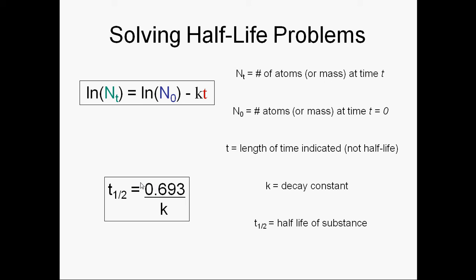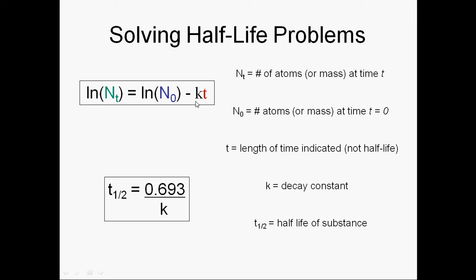And we'll explain how to do that. To walk you through each of these variables, in this first equation we've got N with a little t. That stands for the number of atoms, or the mass, of our substance after our time has gone by. So this is sort of like our ending amount right here. Now this N0 represents our starting amount, so that could be the starting number of atoms or starting mass of our